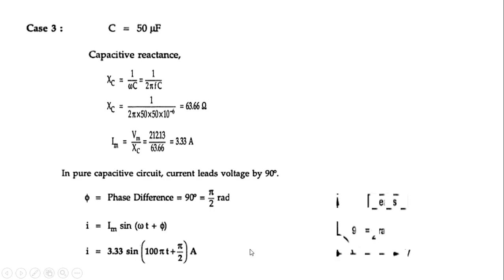amps. Look at the phasor diagram. In x-axis we have taken voltage, that is reference axis. In positive y-axis we have taken current, that gives plus 90 degree phase difference. Here current I leads voltage. From this problem we are understanding the equation for instantaneous current for all the circuit elements R, L, C. Also we are understanding the phasor diagram.